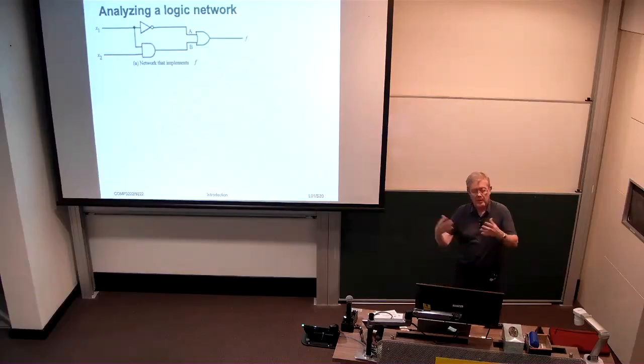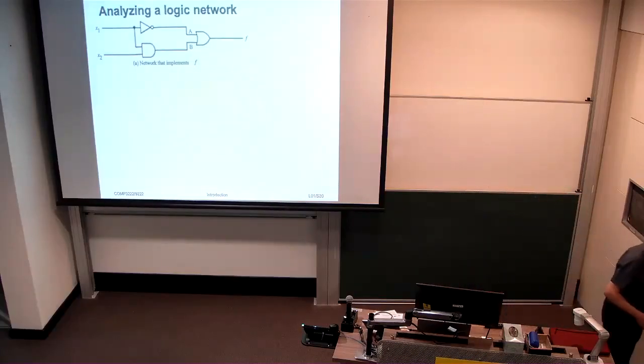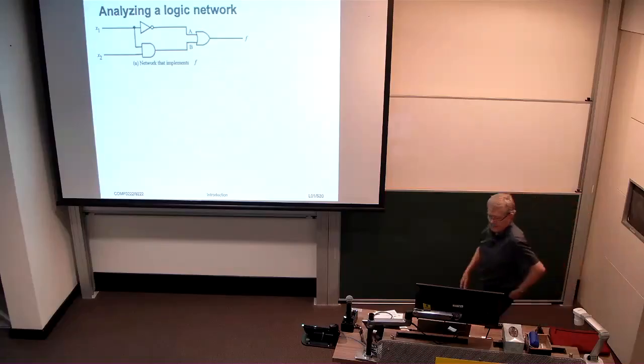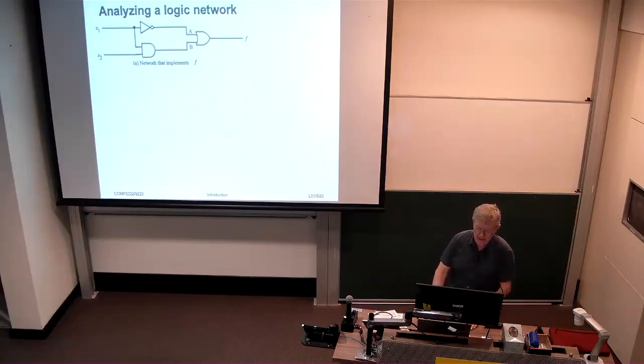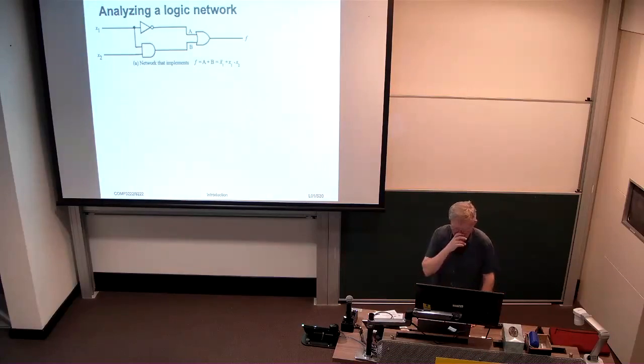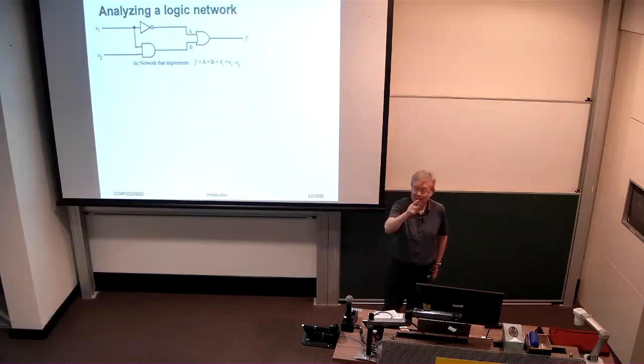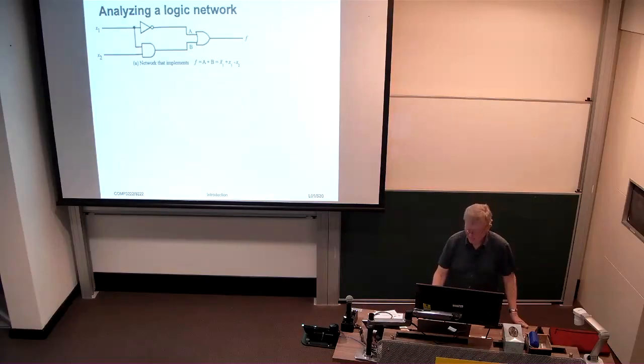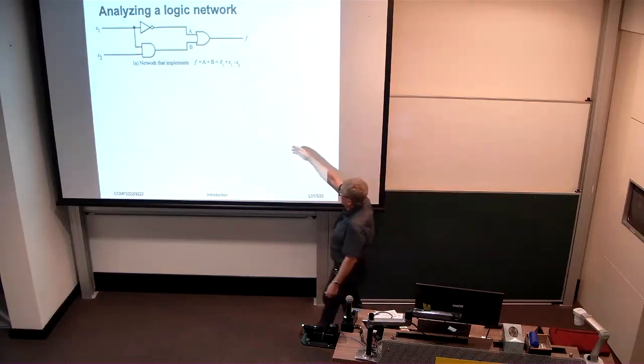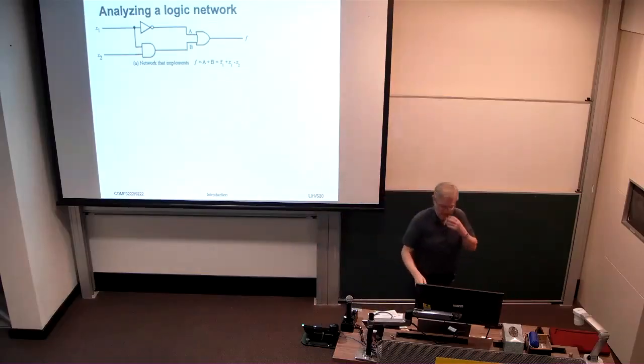All right, so on to another concept, which is really, given a circuit diagram, how do we figure out what it does? So here's a circuit diagram. I'm sure you can see that here the output F is just the logical OR of the signals A and B. And in turn, A is just the complement of X1 and B is the AND of X1 and X2. Can you read that at the back? You've got better eyes than I do. All right, so we know what the function is. It's not X1 or X1 and X2, right?